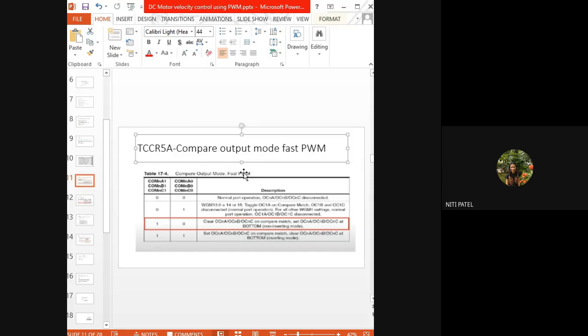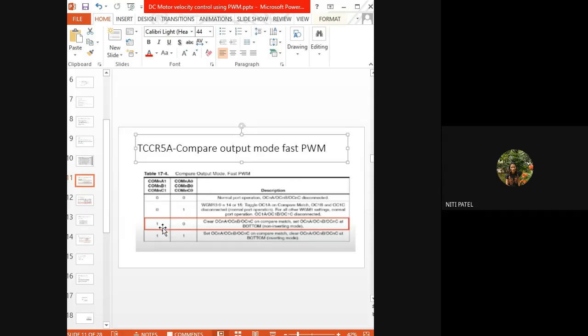So ये तीनों भी channels हैं. All these channels are set to some bits. What are those bits? Either 00, 01, 10 or 11. If it is 00, it is in the normal operation mode, which is disconnected. If it is 01, your waveform generated is different, it is toggling something and it is not giving us a proper output.